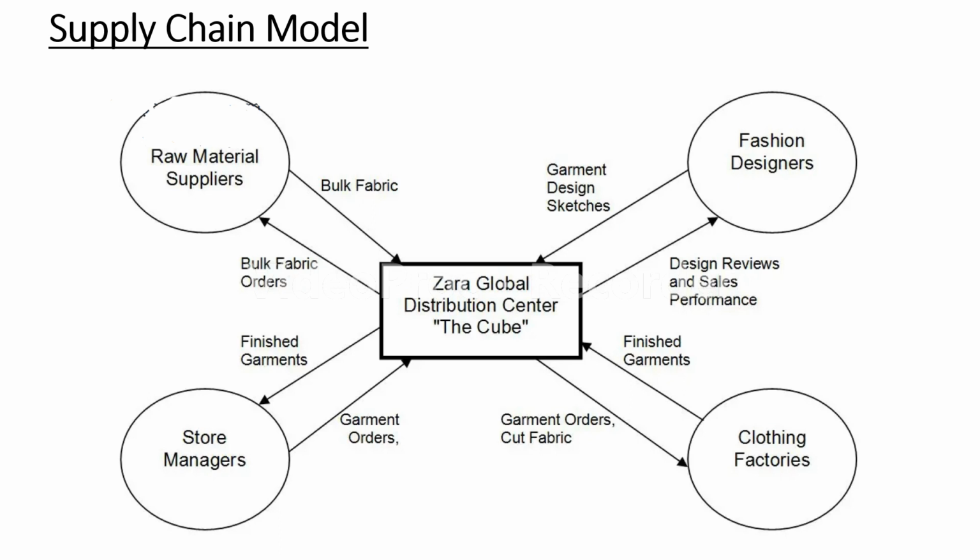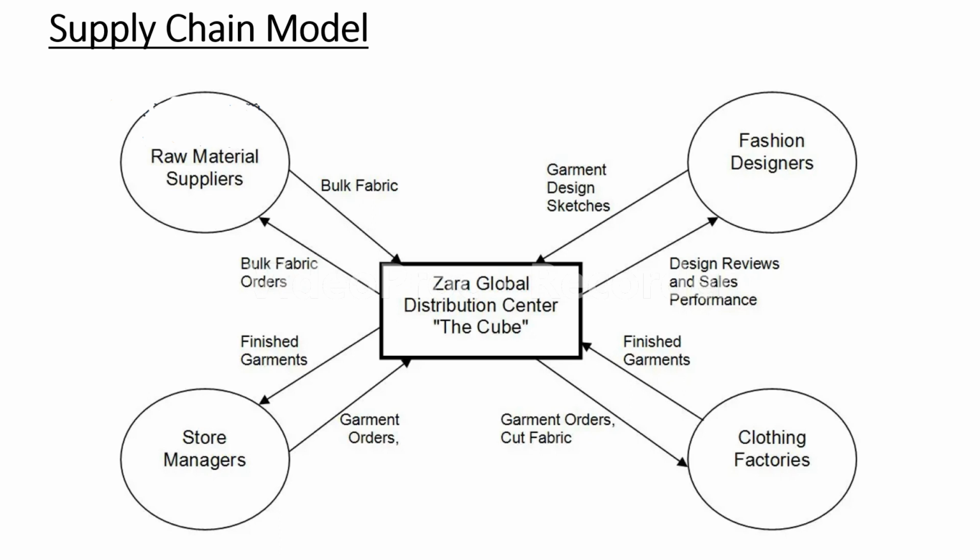Most of the time, they get it from store managers' orders or requests, or upcoming trends through trend analysis. Through different methods, these fashion designers will be bringing out new